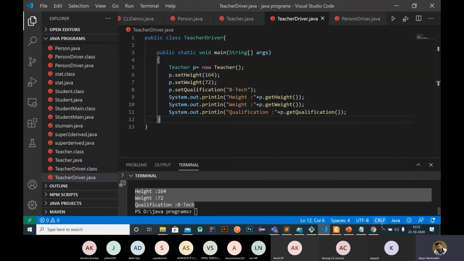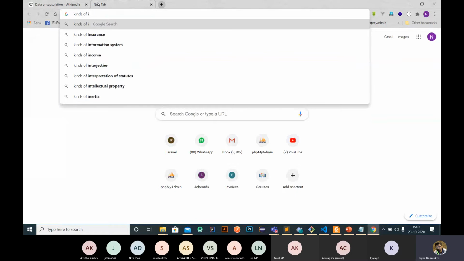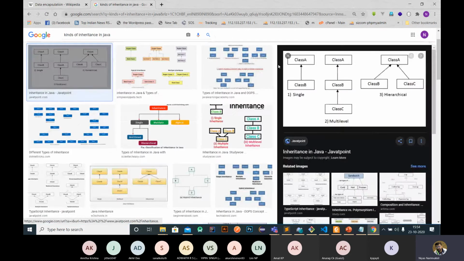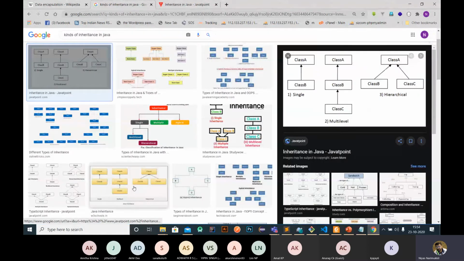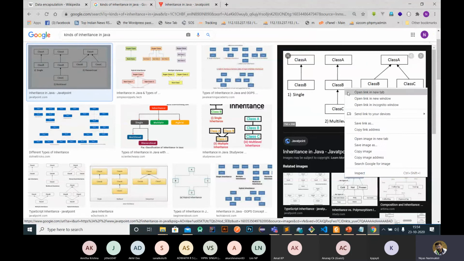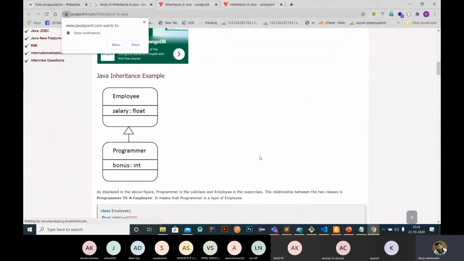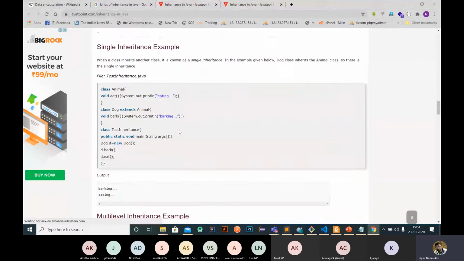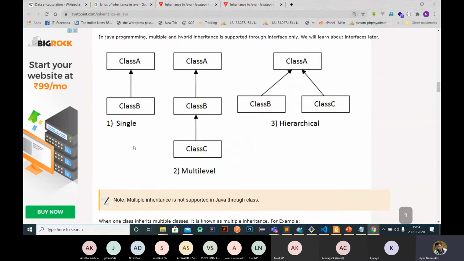So there are different kinds of inheritance. I will show you. So this is called single level inheritance.